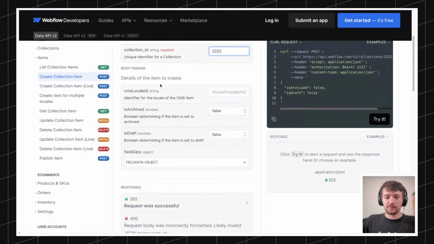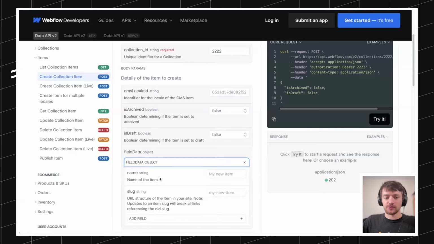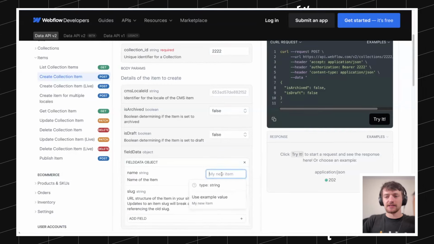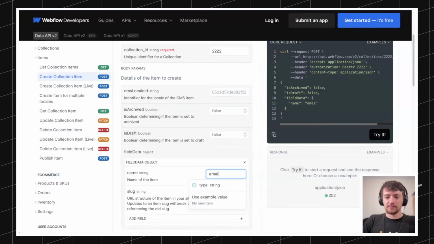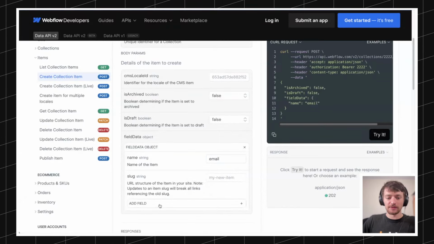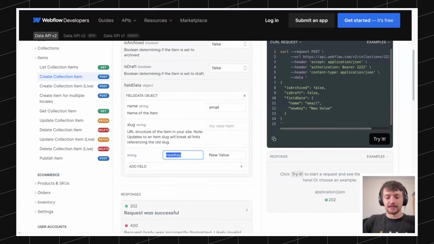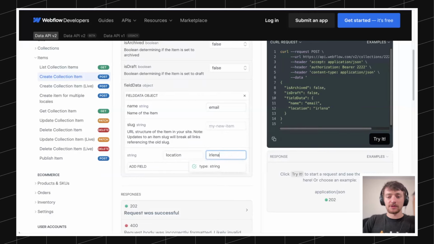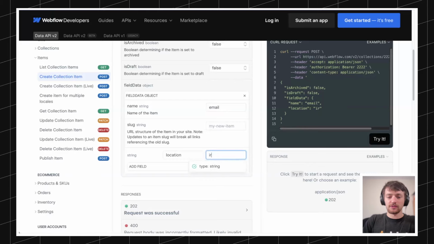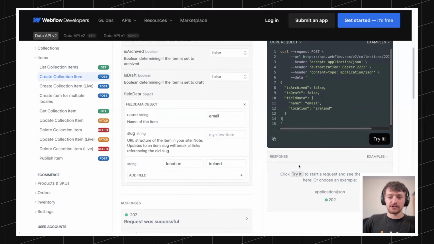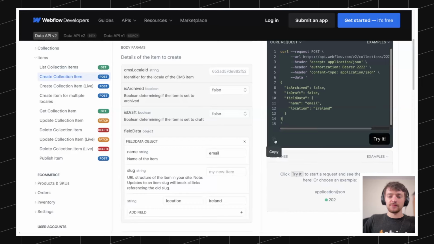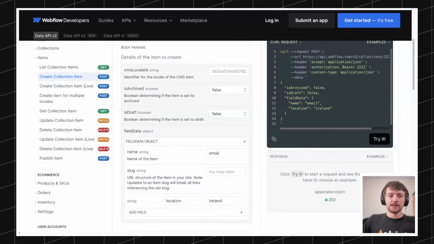And there's a helpful builder here that will help you build out this request. So, let's say there was a field called email. You could put a couple of these in here. Let's say location. And Webflow's documentation is actually going to build out your request over here. And you can either test it out here, and when it's ready, just click this copy symbol